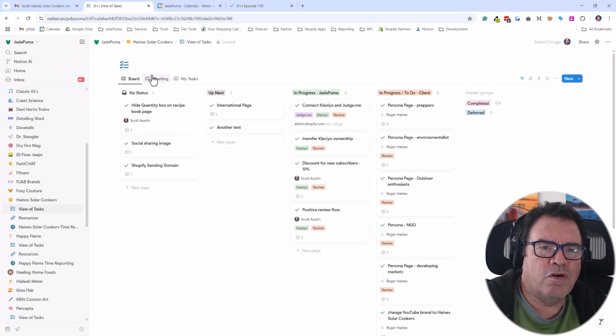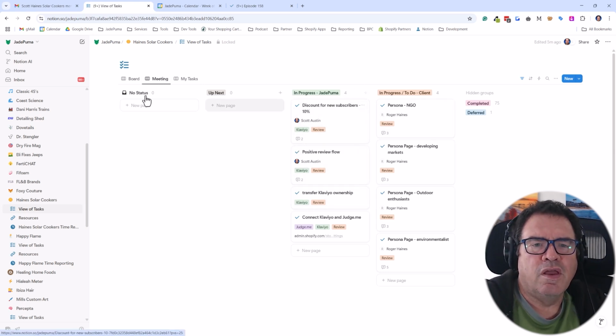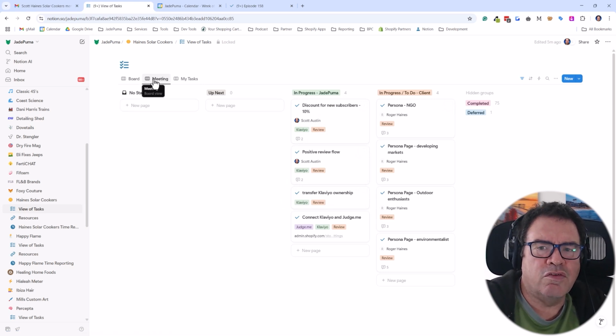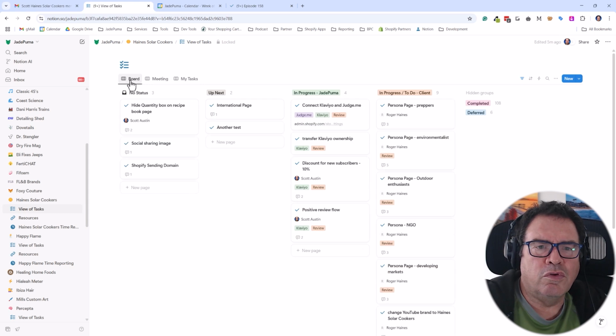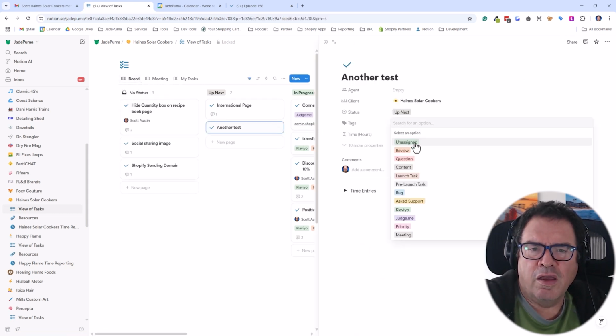Now you'll see this other view here, which is meeting. And this is one I use with my meetings with you. So I will be tagging tasks with things like review or meeting. There's different tags that I use. And that's just my shorthand to say, these are the things I want to talk about during the meeting with the client. So if we look here, look up the tags,